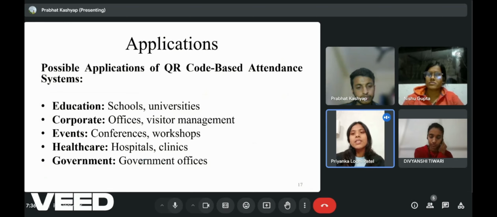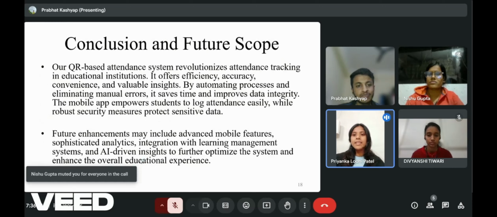In our own college, the system could be used during events like workshops or seminars. Instead of manually marking attendance, participants can scan a QR code at the registration desk, ensuring a smooth check-in process. Moving to its conclusions and future scope, our QR-based attendance system makes attendance tracking faster and easier for schools